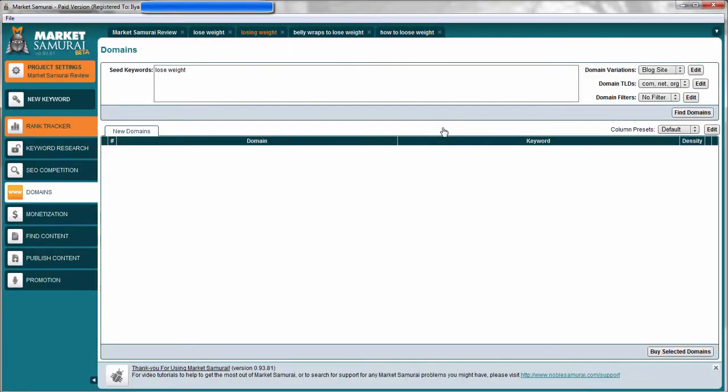So domains, I've never actually used this feature. I don't find it useful. I prefer Namecheap's domain name generator, but this is fine. You just put in a seed keyword. So let's say weight, and then you put in what your site will be: blog, shop, review, social. This changes the suffixes and prefixes or other words that Market Samurai adds in front or behind your keyword to